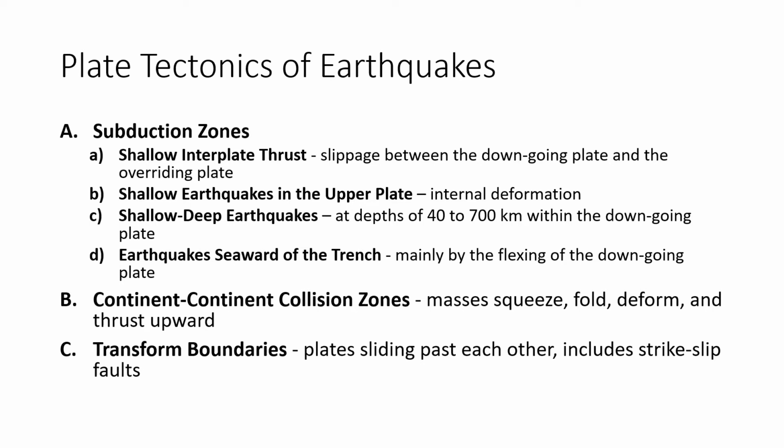to go. So what happens is they get squeezed, they deform, they fold, and they thrust upward and form mountain ranges like the Himalayan mountains. And then the last important plate tectonic type is the transform boundaries, where you have plates that are just sliding past each other. Okay, so instead of colliding like the subduction or the collision zones, you just have plates that are sliding past each other. Okay, they're more or less moving parallel,